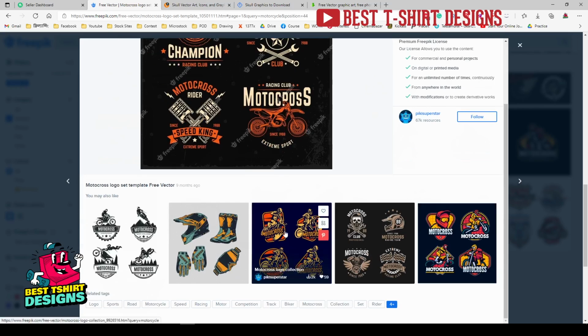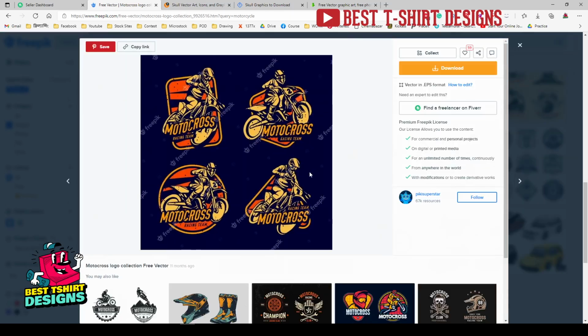I need a very cool looking biker vector, then I can download this and use this biker vector as a part of my design. This is not the main design, and I cannot make a design out of it, export a PNG and upload it to different print on demand sites like Redbubble, Amazon, something like that. That's not the legal way. You can only download them for modifying and making them a part of your design.